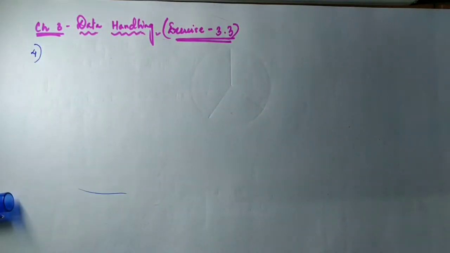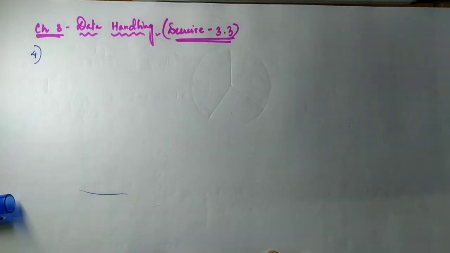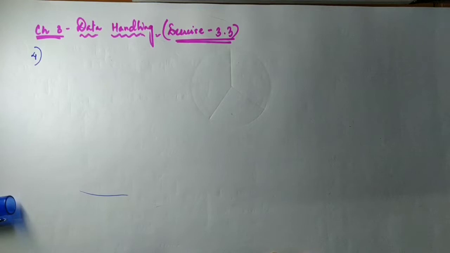Now here we have a thing called a double bar graph. Let's see the question. The performance of a student in first term and second term is given. Draw a double bar graph choosing appropriate scale and answer the following questions. Now you can see a table is given with columns for the subjects English, Maths, Hindi, Science and Social Science, and it has the marks of first term and second term. MM means the maximum mark, it is out of 100.